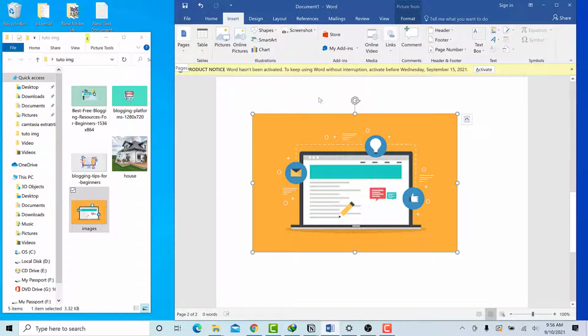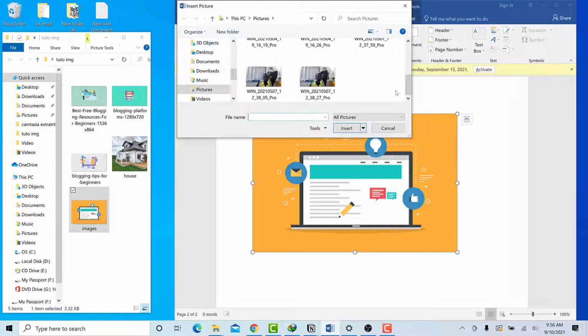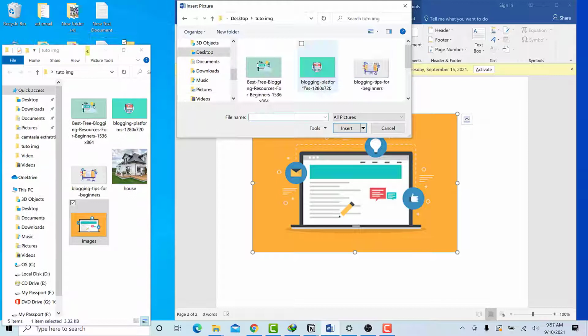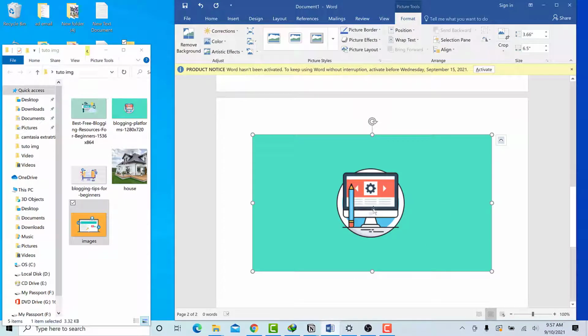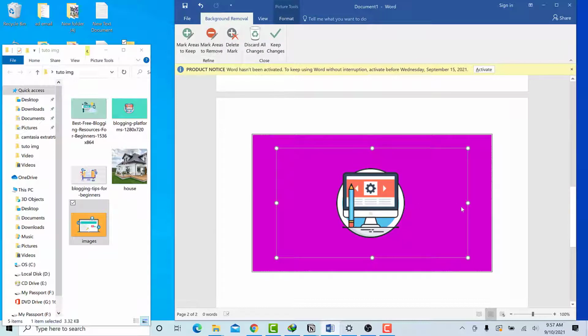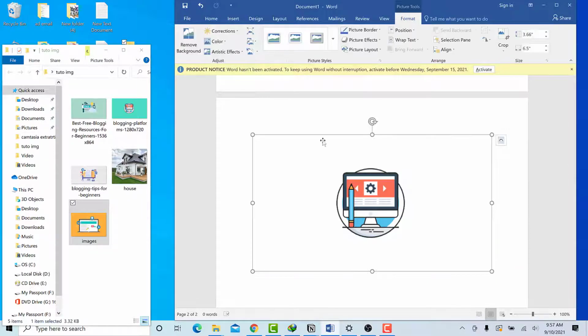So to do that, you just go to insert, you select picture, you navigate to where the picture is, you select the picture to insert. So after inserting, you will see the option of removing the background, and you just select, adjust the area you want to keep and the one you want to remove, and keep changes. After you keep changes, you crop your picture.